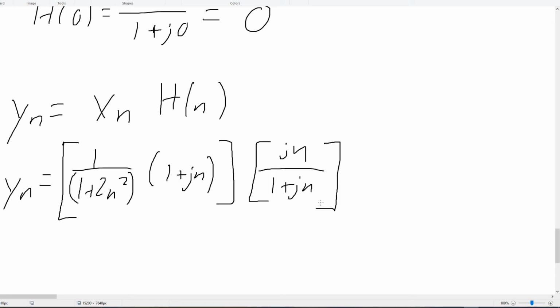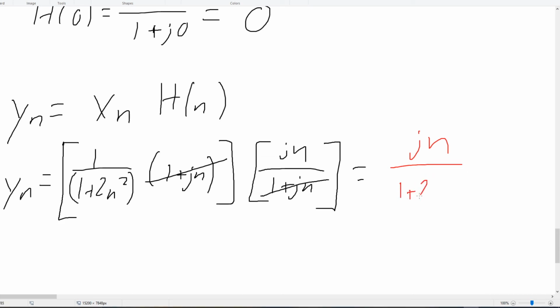And at first I thought, oh my god, this is such a hard problem. I actually tried multiplying it through, and I was just like, this is way too big. There's no way that this can be the answer. I thought I had done something wrong and used the wrong values. Nope. All you have to do is say, oh, we have a 1 plus jn on the bottom here, and we have a 1 plus jn on the top. And there you go. They cancel out to give you jn over